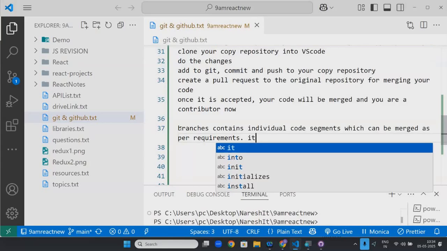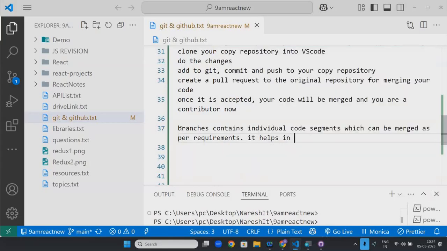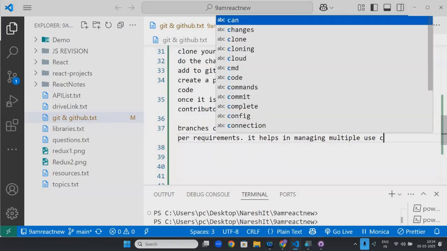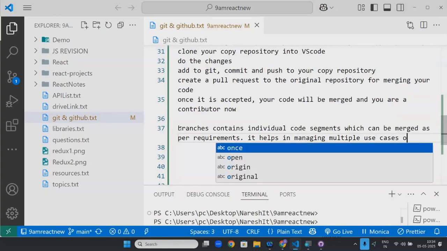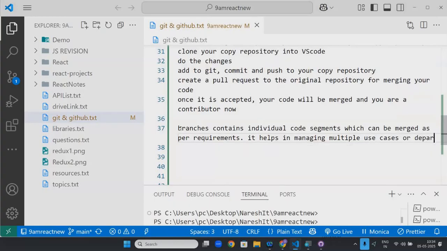It helps in managing multiple use cases or departments. Now, instead of departments, write it as environments. That works nicely. Environments. Now, to create a branch, if I want to create one branch, go here.